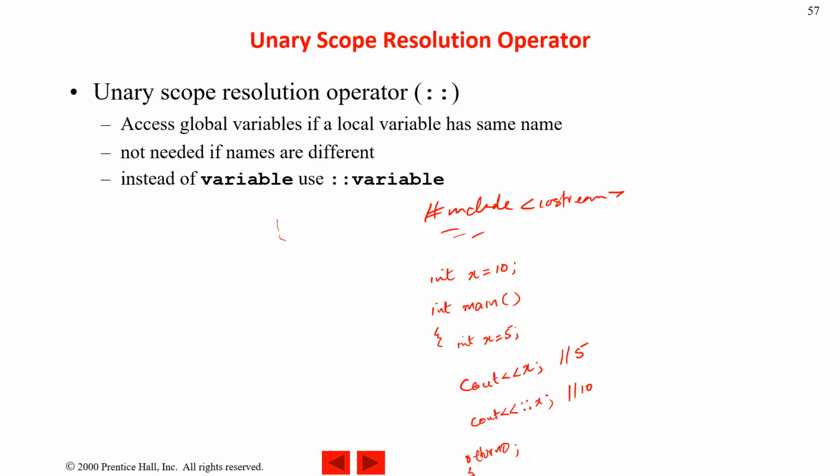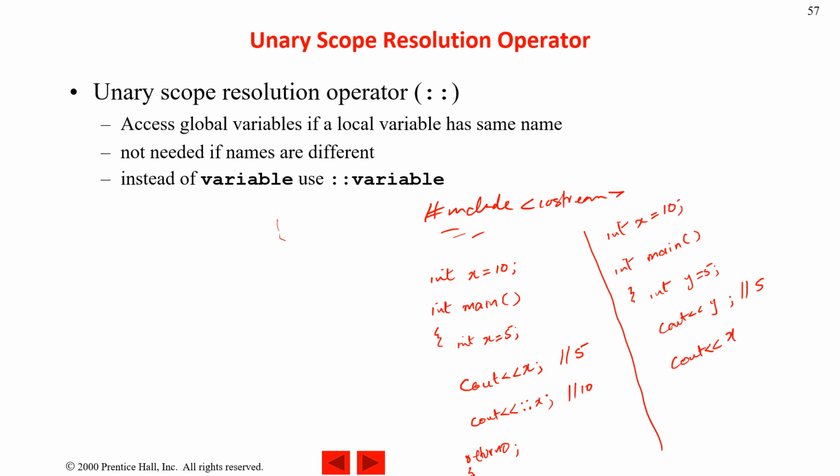Not needed if the names are different. अगर नाम different होते फिर ज़रूरत नहीं थी। What this means is कि अगर मेरे पास होता int x is equal to 10 और यहाँ पे मेरे पास int main, अब मैं x नहीं यूज़ कर रहा, मैं y is equal to 5 कर रहा हूँ, तो cout y ये क्या होगा 5। अगर मुझे ये x करना है cout तो मैं x ही लिखूंगा, कोलन के साथ नहीं लिखूंगा क्योंकि कोई कन्फ्यूजन नहीं है, मेन के अंदर कोई x नहीं है। जब मैं cout x करूंगा तो ये वाला ही होगा, तो ये 10 आ जाएगा।